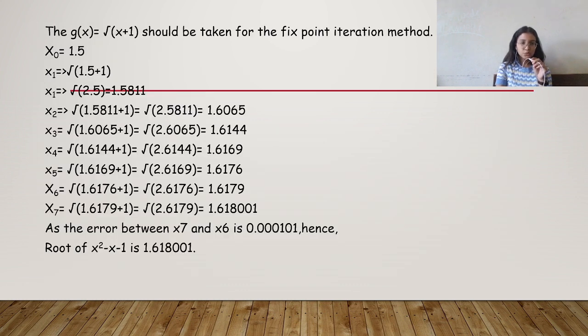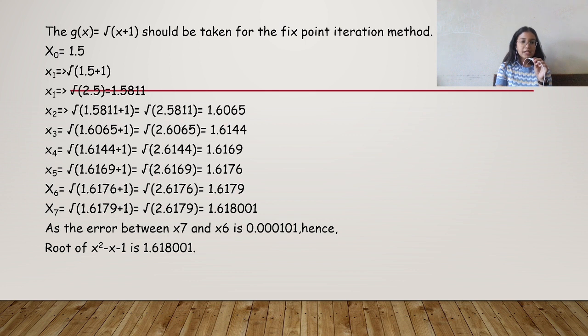The g of x equals root of x plus 1 should be taken for the fixed point iteration method. x0 equals 1.5, x1 equals root of 1.5 plus 1, x1 equals root 2.5 equals 1.5811, and the process continues. Like x2 equals 1.6065, x3 equals 1.6144, x4 equals 1.6169, x5 equals 1.6176, x6 equals 1.6179, x7 equals